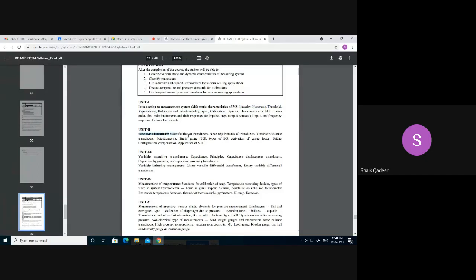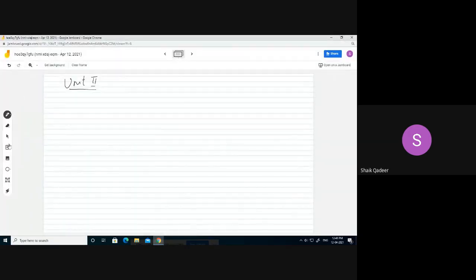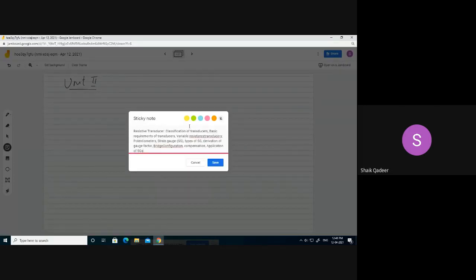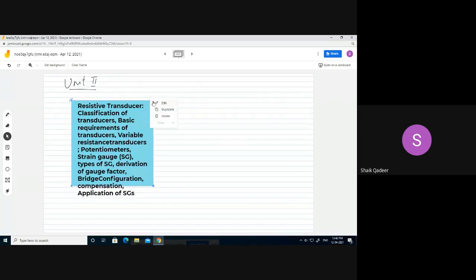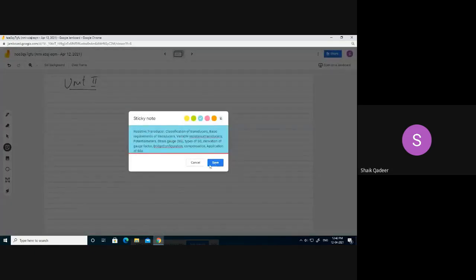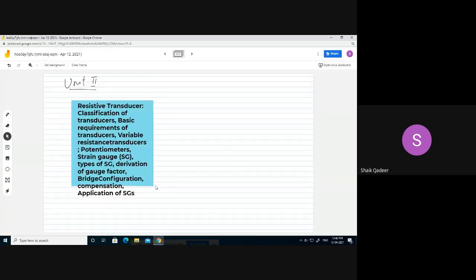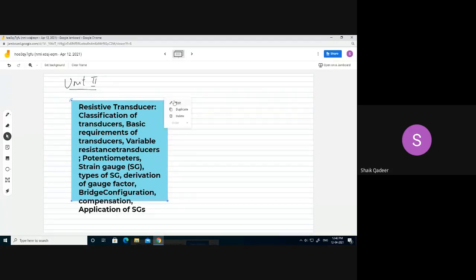This is the title of Unit 2, Resistive Transducer. Under this, what we will do is,